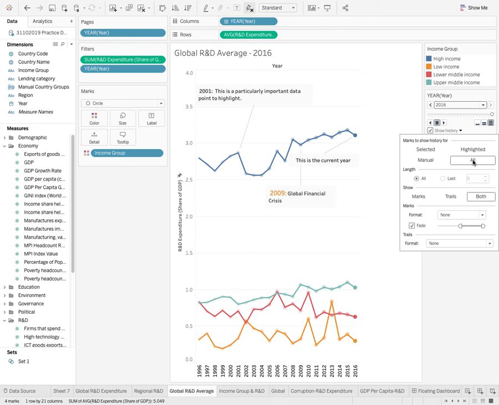select all the marks, and then you have to show both here, not only marks and trails, but you have to show both mark and trail. I'll tell you what they are. So marks are those circular marks that you are seeing, and trail is the line. So you have to show both, and then